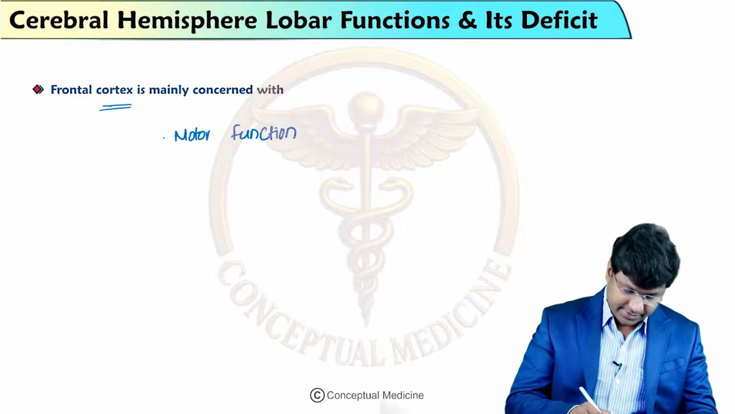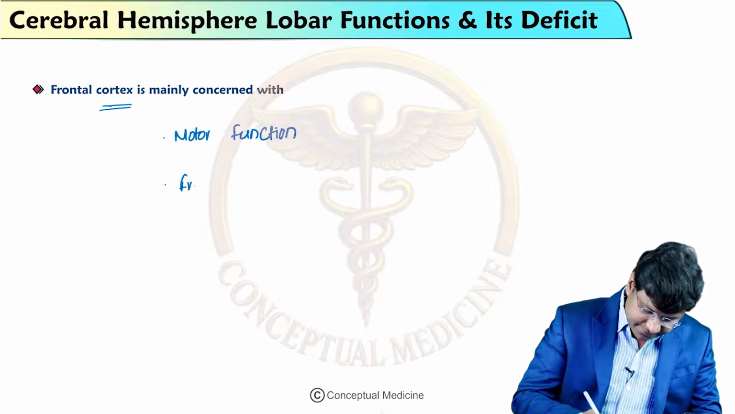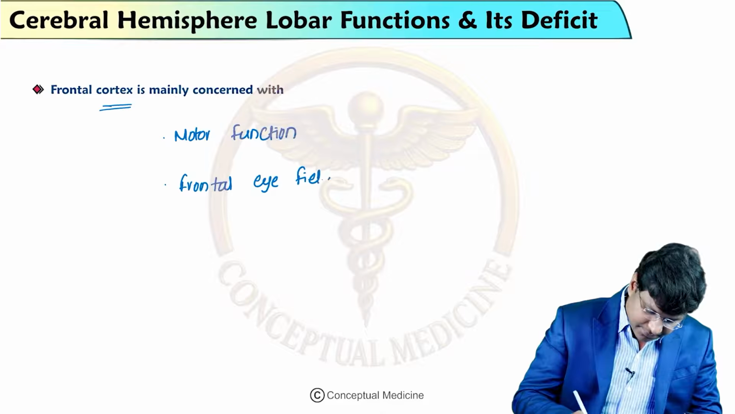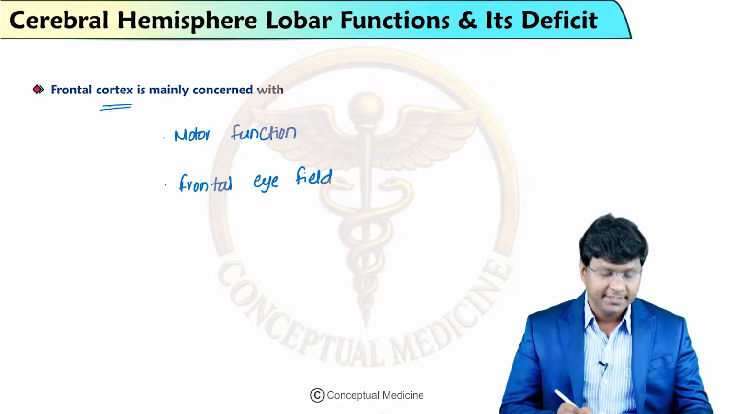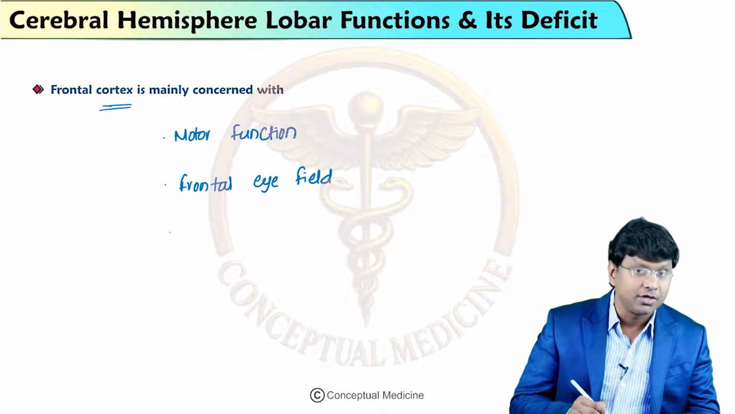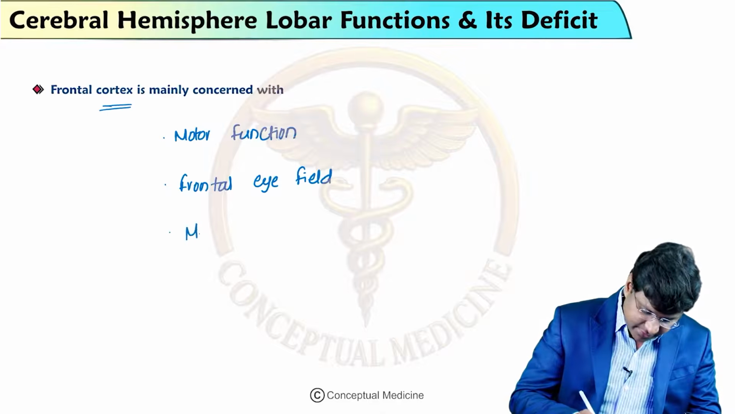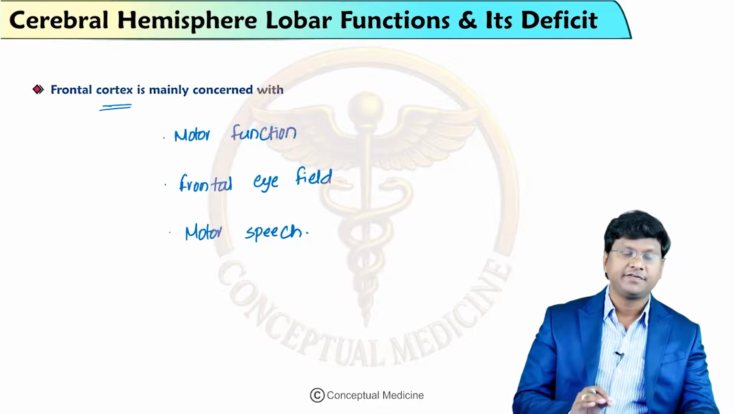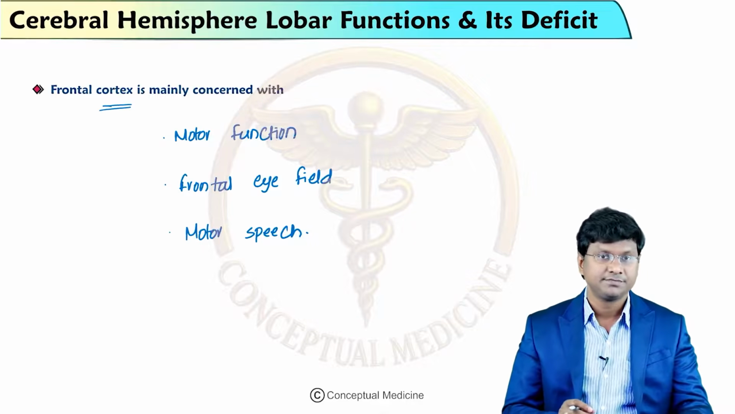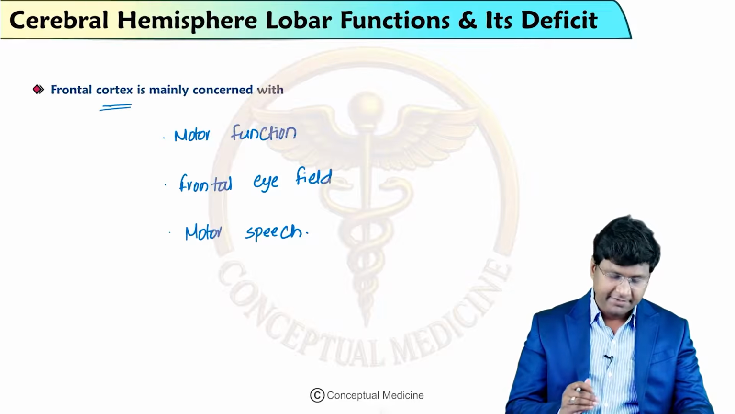Frontal cortex, it is concerned with the frontal eye field, and the motor speech. Right, so these are the main functions of the frontal cortex: motor function, the frontal eye field, and as well